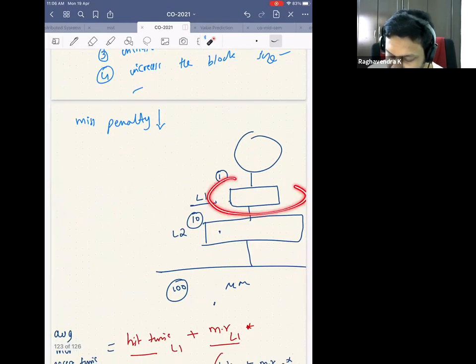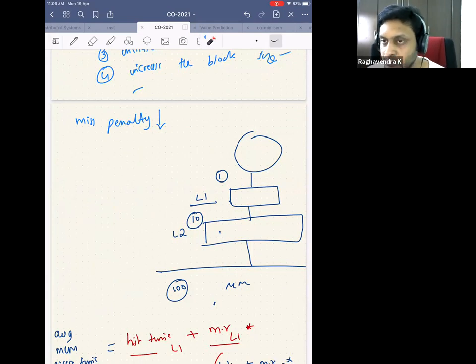We have one level of cache where the access times are faster. But why is the access time faster? Because it's a very small cache, so maybe around 32 KB to 64 KB or 8 kilobytes to 32 kilobytes. And then we have a level 2 cache, which is a bigger cache. And we said that since this level 2 cache is bigger, the access times are higher. So whatever is missed in the L1 cache will be searched in the L2 cache.